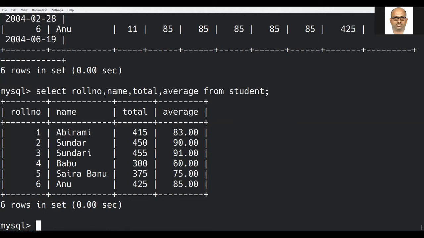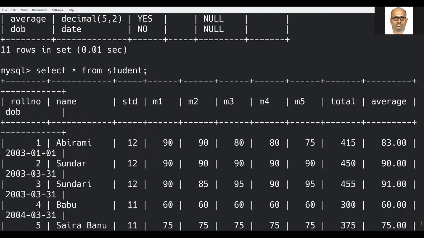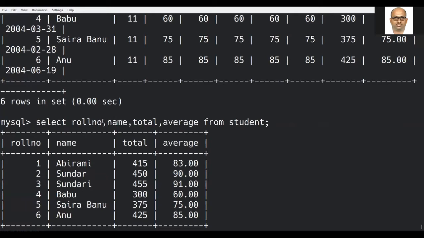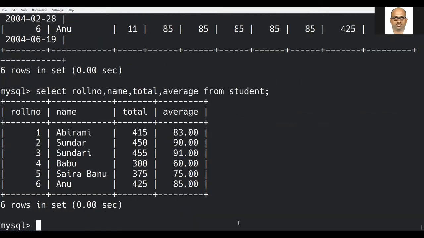Again, I repeat, among the 11 columns, only 4 columns are fetched along with the values. So this is specific column selection. In the previous example, we selected the entire table content, all fields with all values. Here, with specific columns, you still get all the rows, whereas only specific columns are displayed.